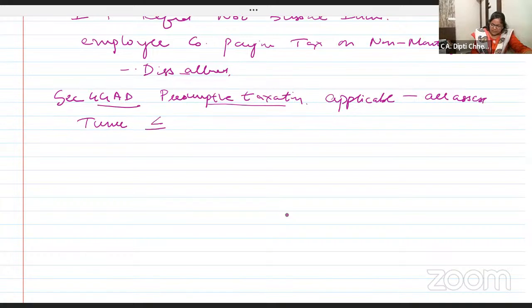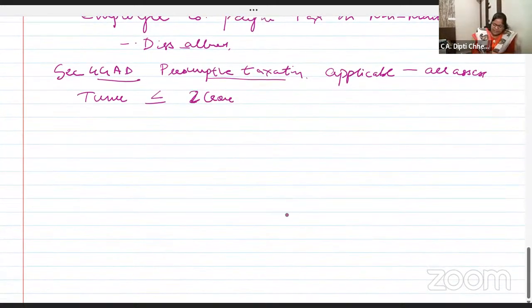Turnover is less than or equal to 2 crore. Please remember, today also the tax audit limit is 1 crore. Keep patience. Some of you, if you feel, ma'am, not clear, एक के बाद एक आप क्या पढ़ा रहे, so I'll teach one after another, then again I'll link up also, for sure. So if your turnover is less than or equal to 2 crore, then just show net profit